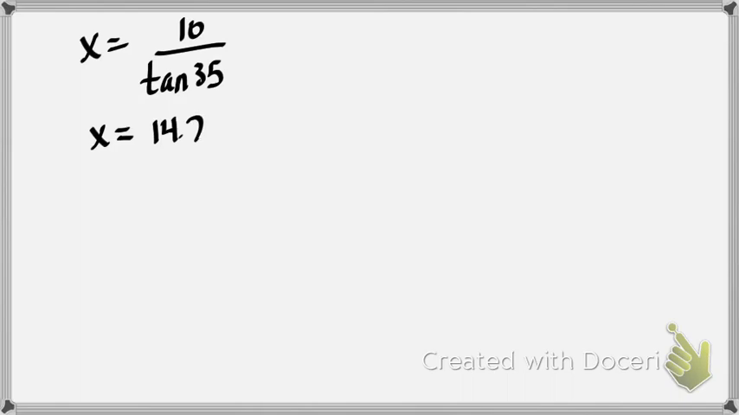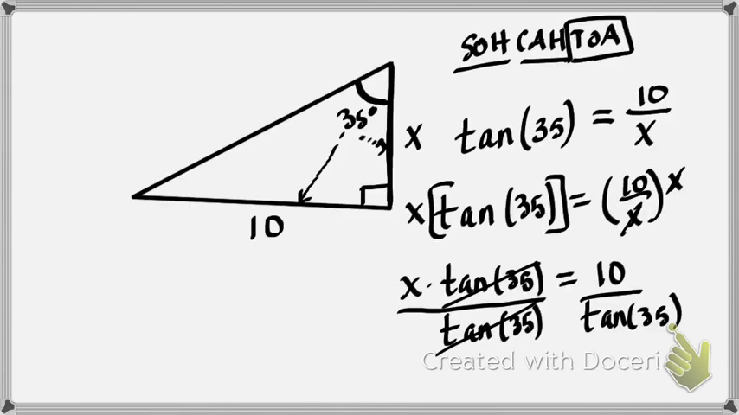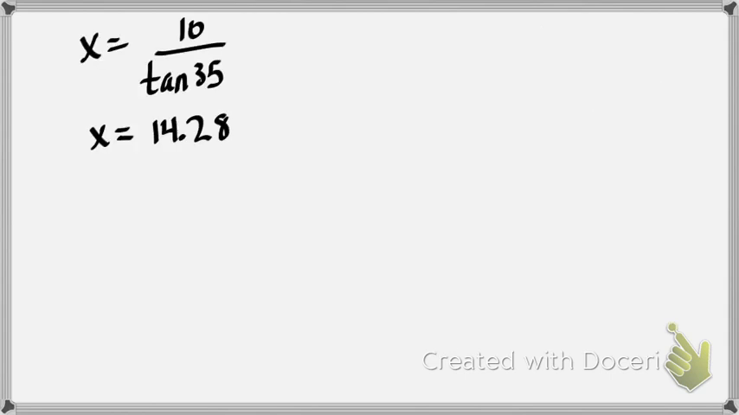And then I'm just going to plug x equals 10 divided by the tangent of 35 in my calculator. And when I do that, I get that the x, or that height of the triangle, is 14.28. I didn't put a measurement on here, but if we gave it inches, it'd be inches. If it was feet, it'd be feet. I never labeled that 10 as anything, so we would just say that the length of that side is